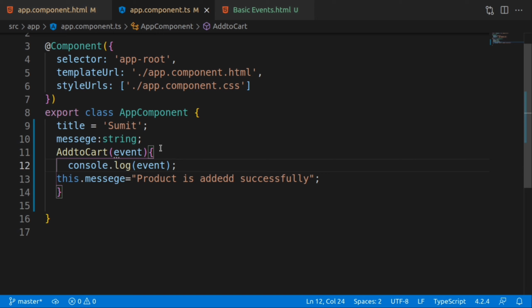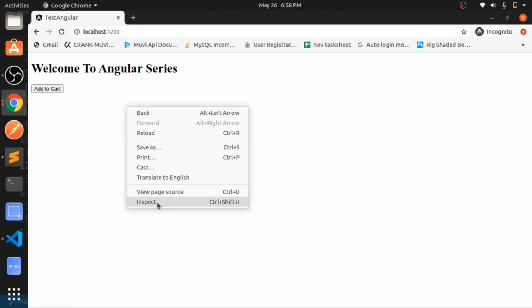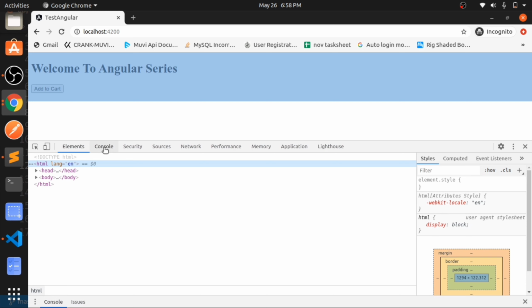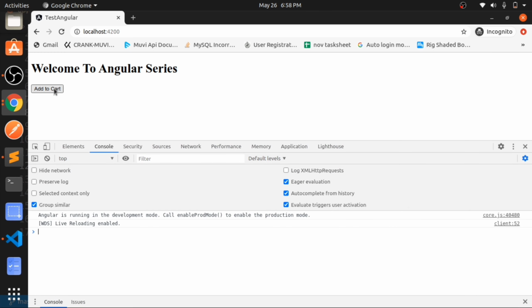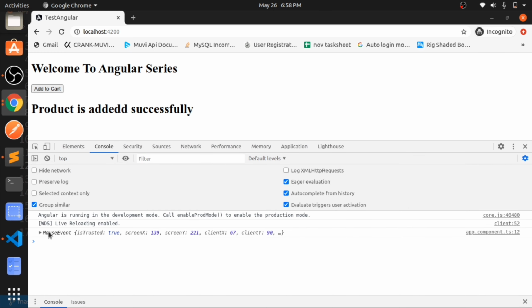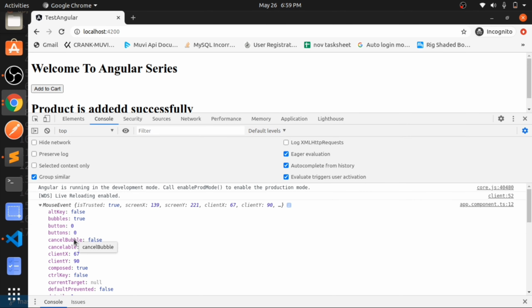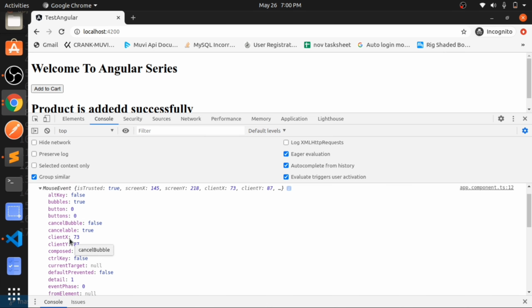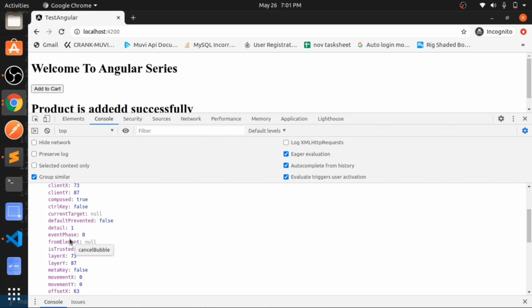If you save and head into the browser, inspect and open the console, when we click on the add to cart button, you can see the event property is showing here. Here Angular tells us that this is a mouse event. If you explore it, you can see we can get all the button properties here. By tracking these button properties, you can do any dynamic operations.